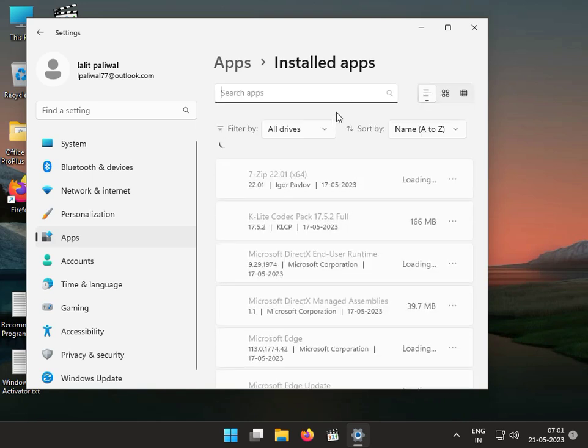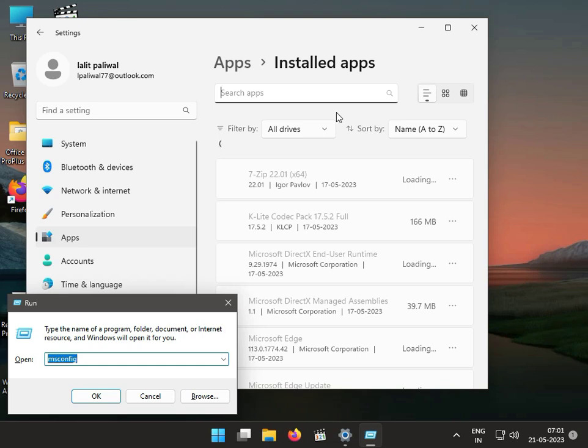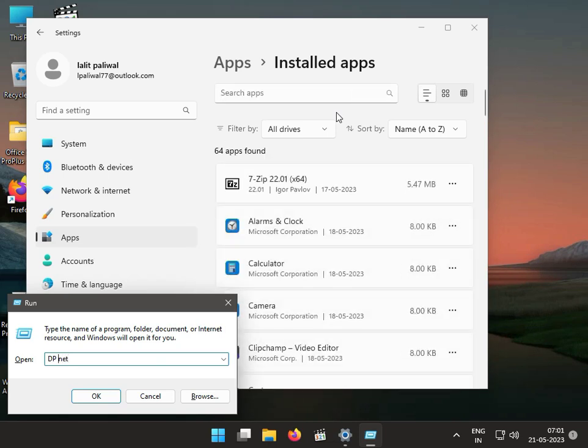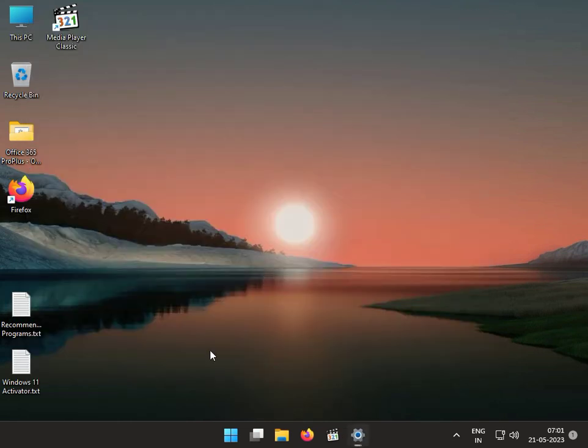So 3DP net, this software name, this is actually uninstall. Okay,